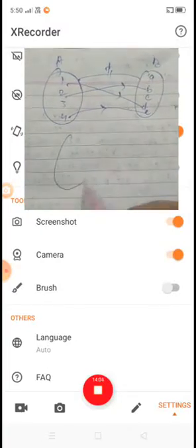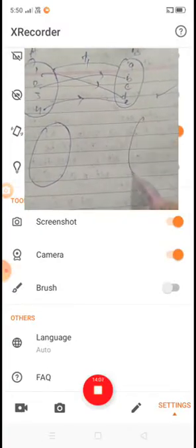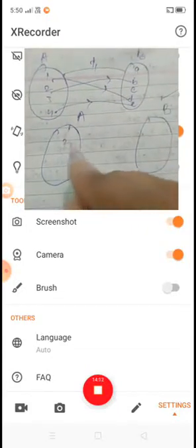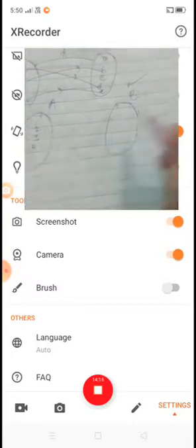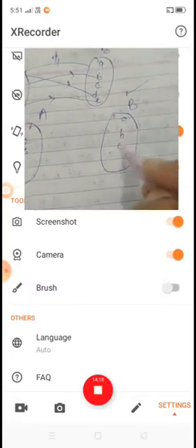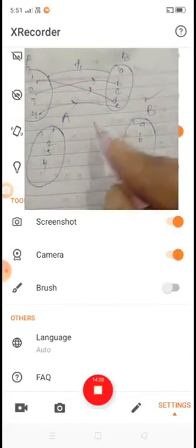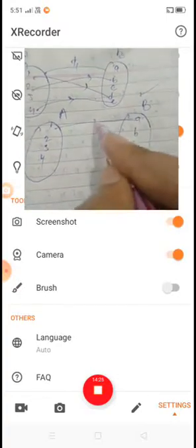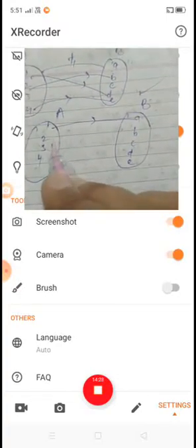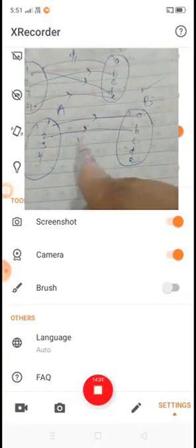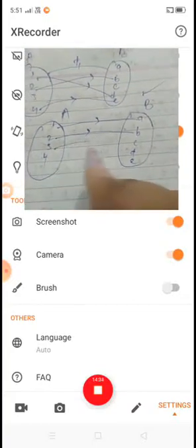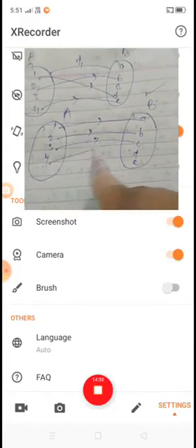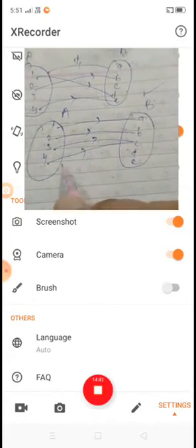Next one, set A, set B. In set A 1, 2, 3, 4, and in set B a, b, c, d, e. 1 is related to a, 2 related to b, 3 related to c, 4 related to c, and 4 related to e.